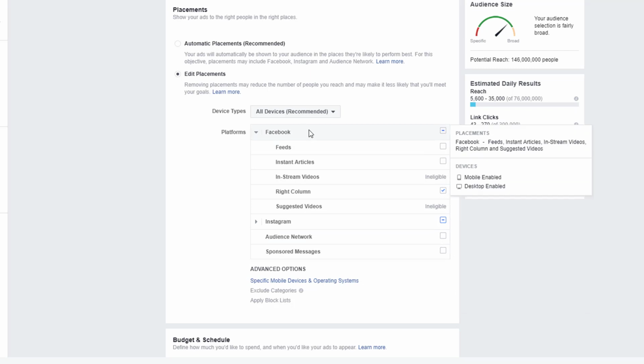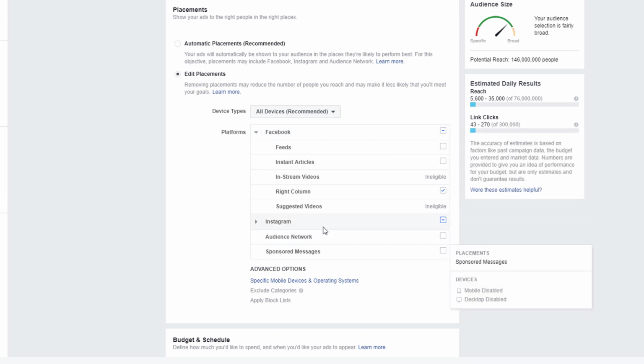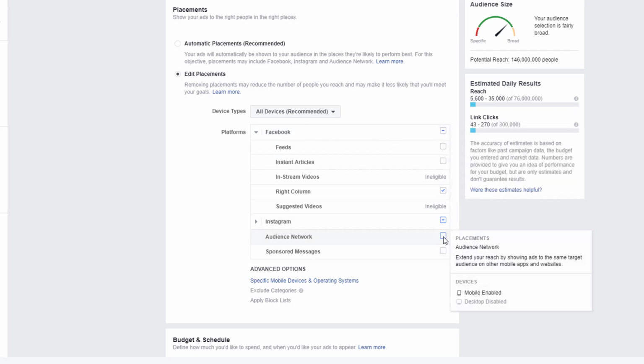And then if you want, you can turn on the audience network if you want to test that out. But these are outside audiences. You have really no control over how this is set up. So for the most part, I don't get anything from the audience network. So I don't ever turn it on. So these are your three that you're going to be testing most often,